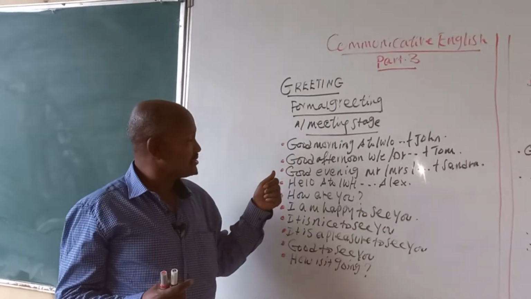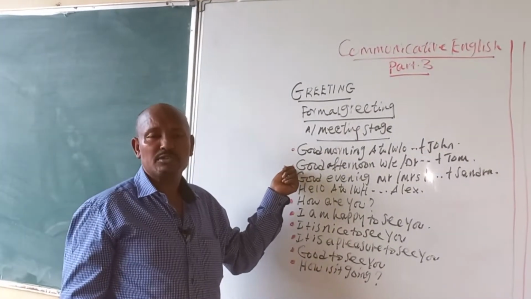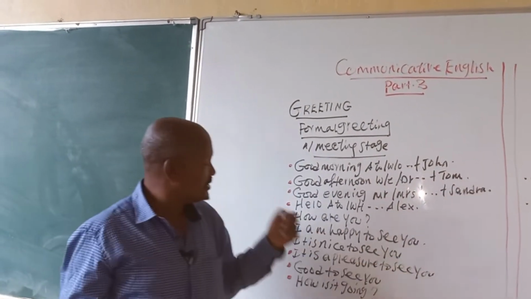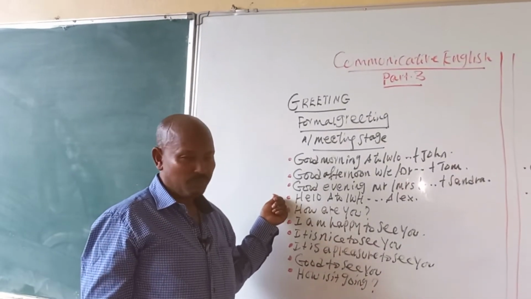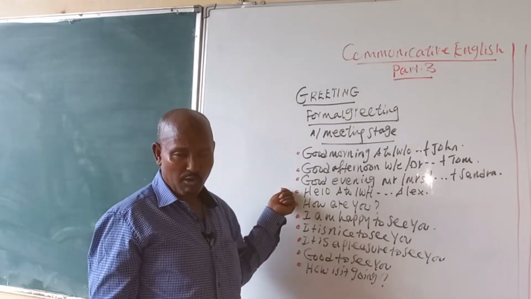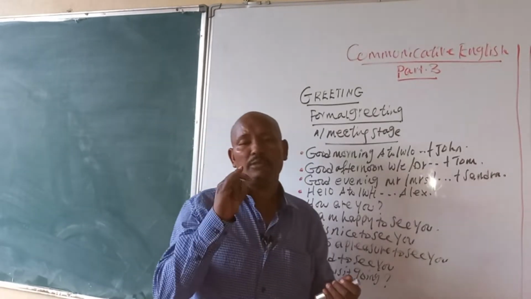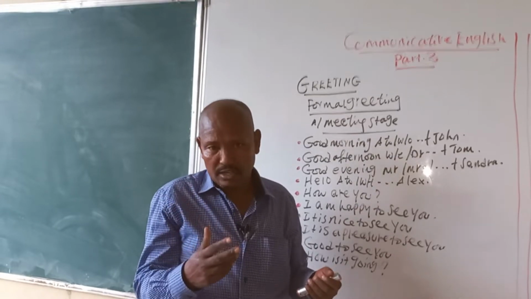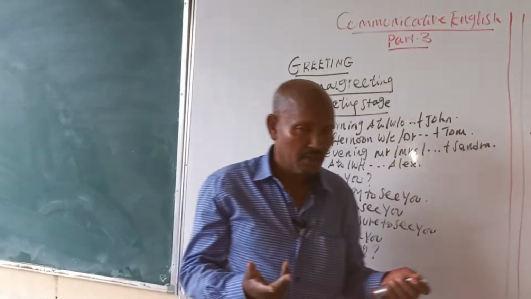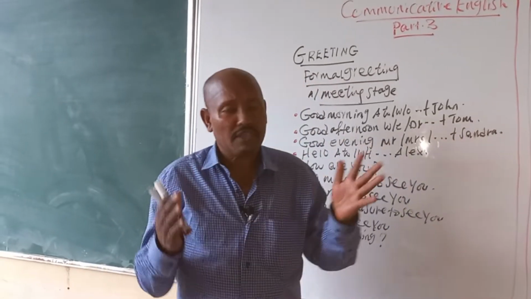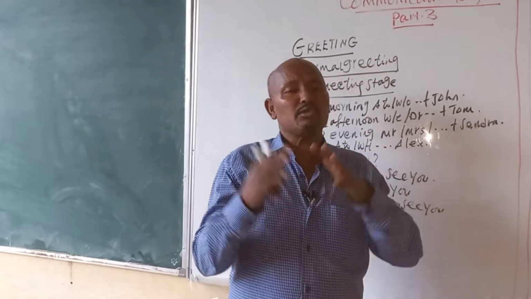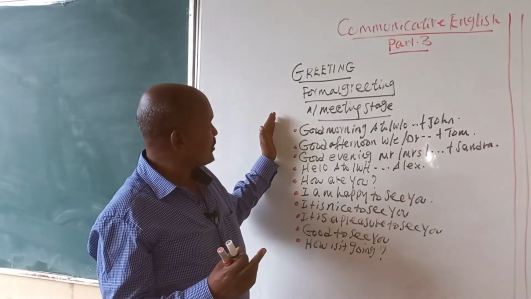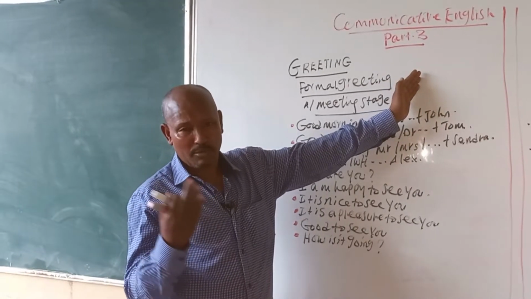The third difference is that under formal greeting we use formal language, and in case of informal greeting, informal language. And the fourth distinctive factor is the situation. We exchange personal information when we meet an important person in a meeting, in a workshop, in symposiums and seminars, and in workshops in colleges and universities. When it comes to informal greeting, we meet a person or our friends in any situation. So these are the four very important things showing how formal greeting is different from informal greeting.